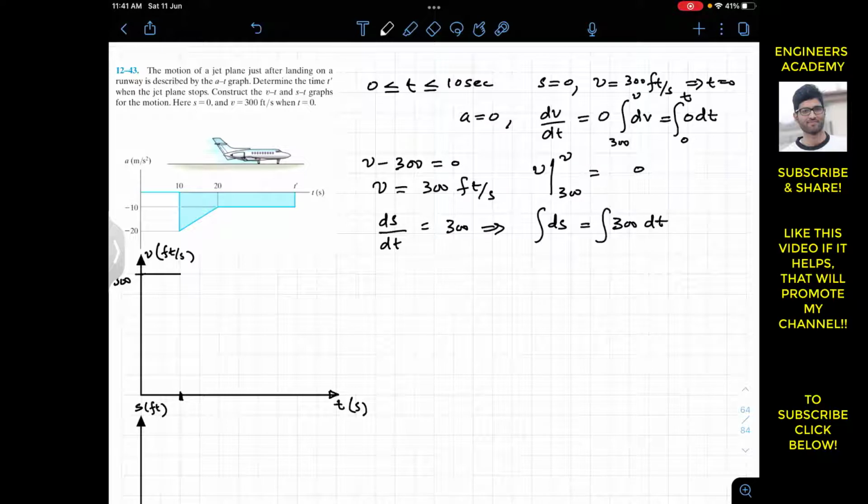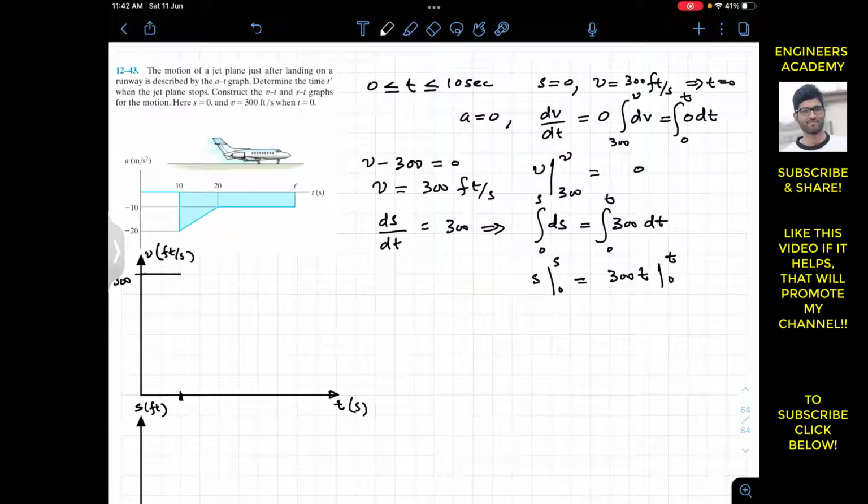Now we have to integrate this from t equals 0 until t, and when t equals 0, s is equal to 0, so we integrate from 0 to s. The integration of ds is s from 0 to s, and 300 is constant and the integration of dt is t, so this will be 300t